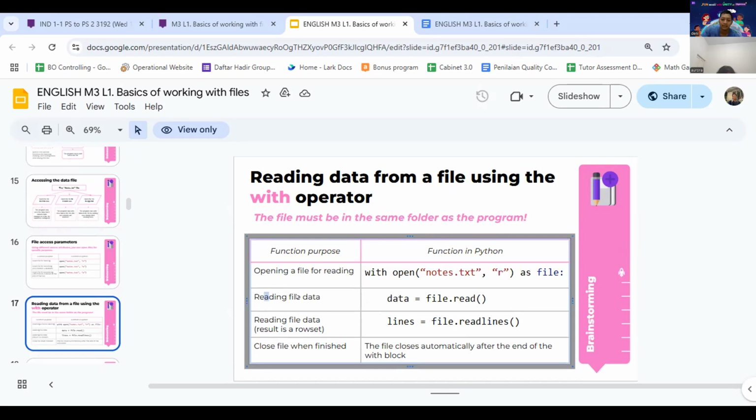To read the data, use file.read, and the result of reading file data is a row set, lines for the row set and data, all the text inside the file. Then file.read lines. Close the file when finished. The file closes automatically after the end of the with block. So when it's done here, it will automatically close.